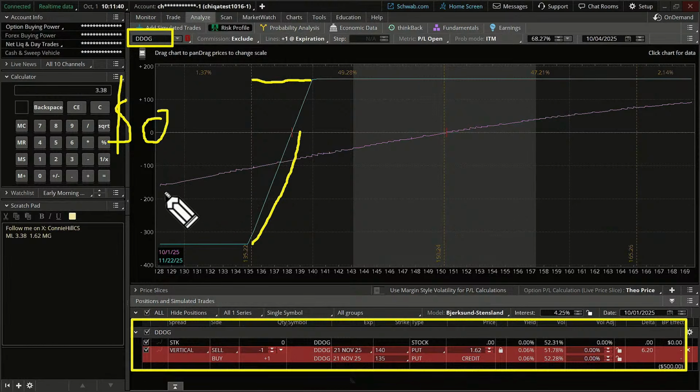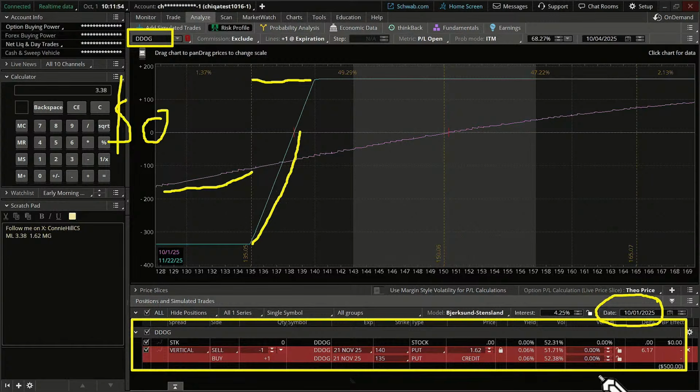Now, this purple pinky line, it measures something different. It measures the probability of the trade based on a date down here in the bottom right, which is set at today's date, but we can go in and play with that and change that and make some different assumptions. Now, as I'm checking out here, looks like we kind of have a mixed group.